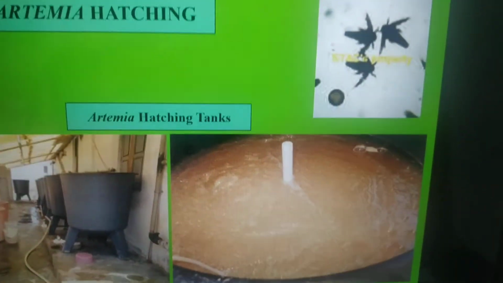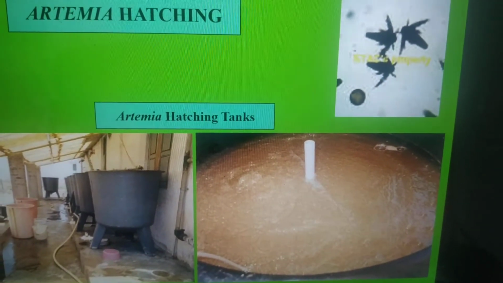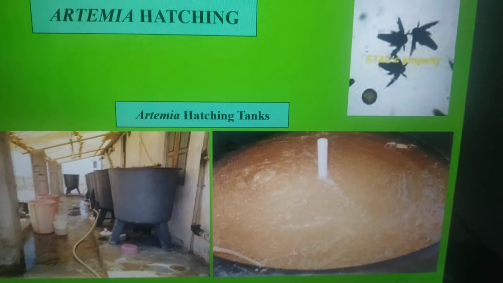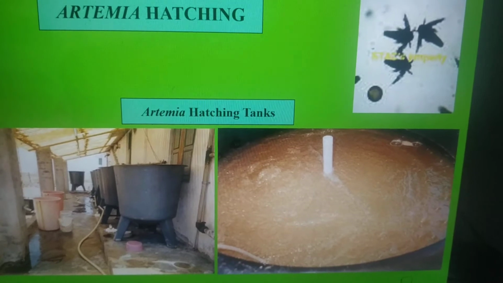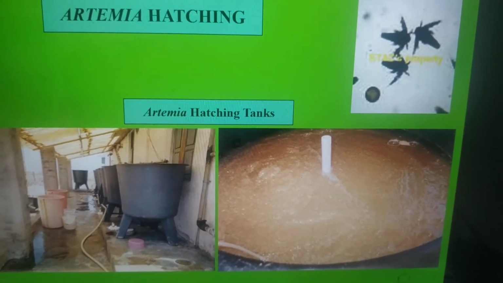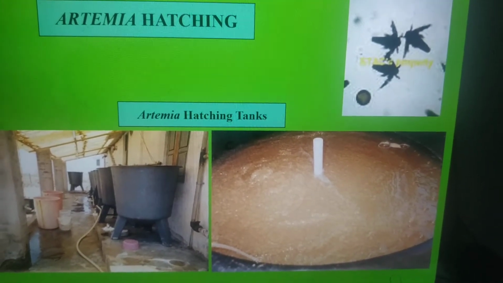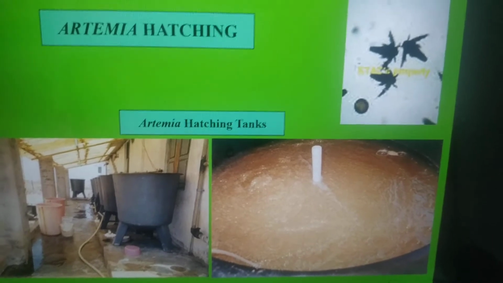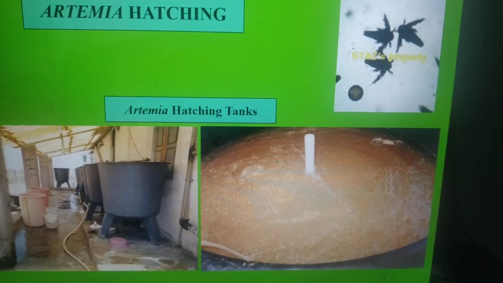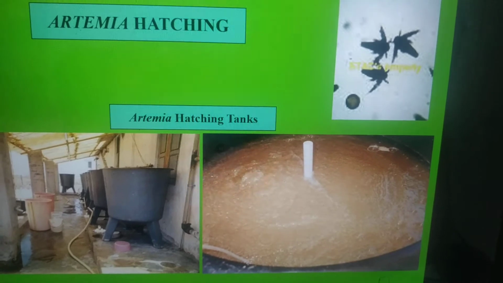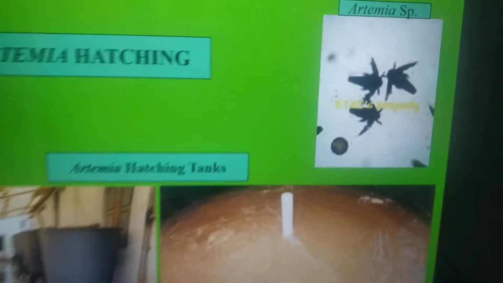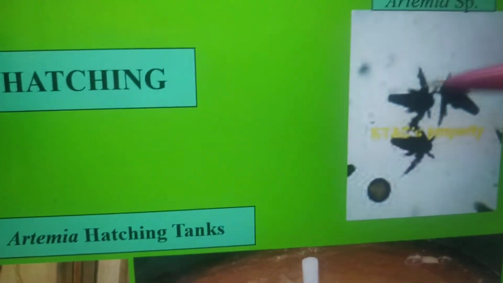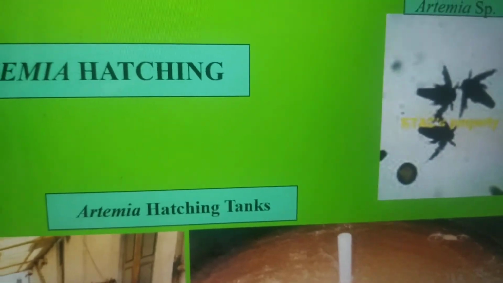This is Artemia. Artemia cyst is available in tin form. Whenever you require it, it is introduced in the tank or small container, and you are providing optimum environmental conditions with vigorous aeration. Depends upon the strain, within 18 hours or within 20 hours, even sometimes 36 hours, it will hatch out. You will get the Artemia nauplii. This Artemia nauplii is also used as a feed for the larval forms.